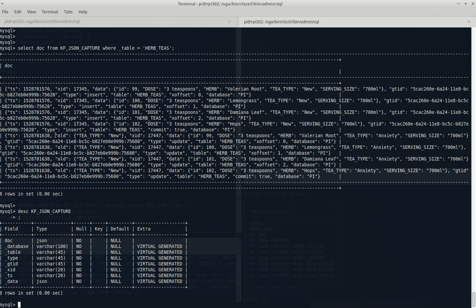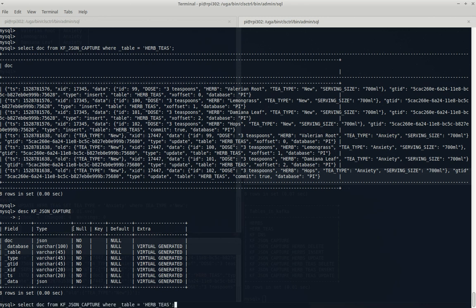Now you can also see here there's another new section in the JSON called old. So that's the old column value for t-type. It's saying this is the old value, and I want to update that so that the t-type is now anxiety. So that's how the JSON is formatted. And so if we then wanted to look at